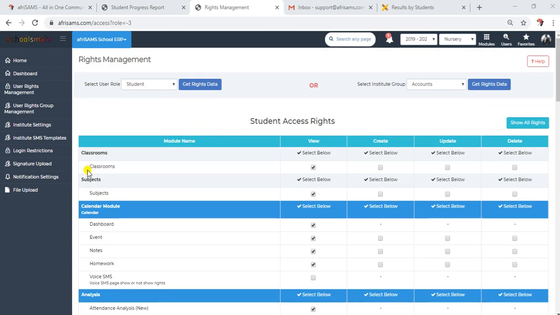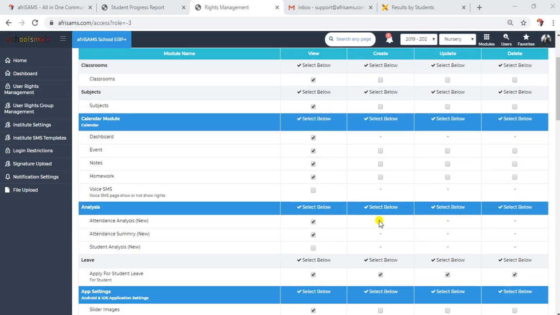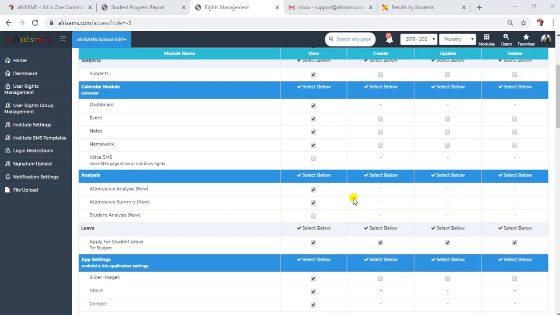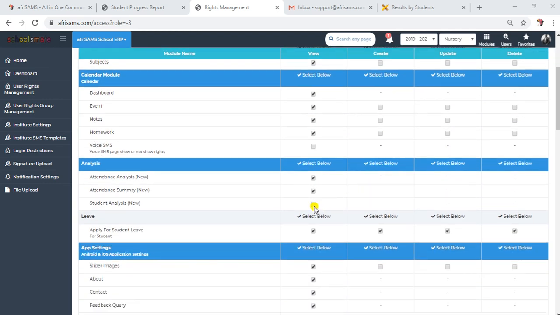You can see here classrooms. Students can view classroom, but they cannot create classroom, they cannot update classroom, and they cannot delete classroom. Whatever you want a particular user role to do, you set it in the rights management. The things that are ticked are the enabled roles for such users, and the ones that are not ticked are